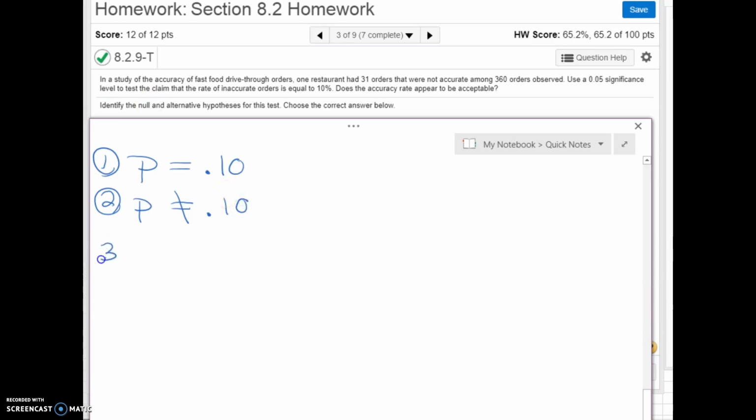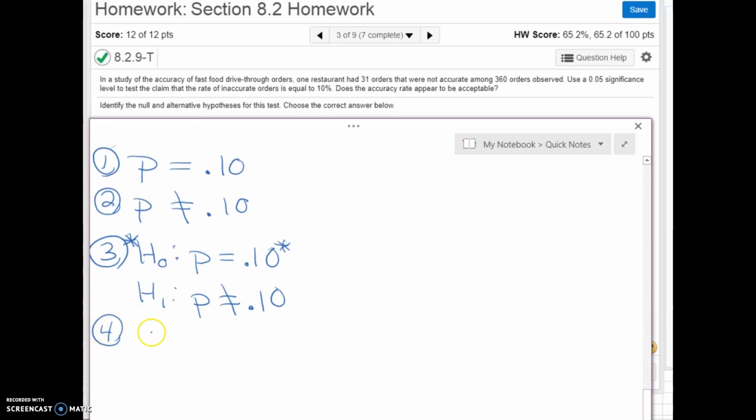And then step 3 is identify your null hypothesis and your alternative hypothesis. So the one with the equals is your null hypothesis. So P equals 0.10, and the not equals is your alternative hypothesis. And then we're going to put a star by our original. So in this case, our null is our original. That's where our claim is, that it's the null. And then step 4,